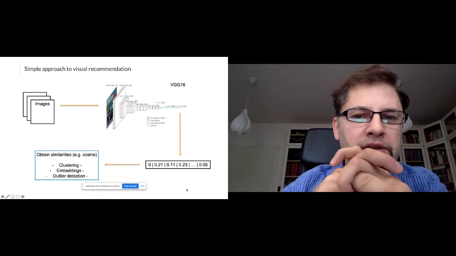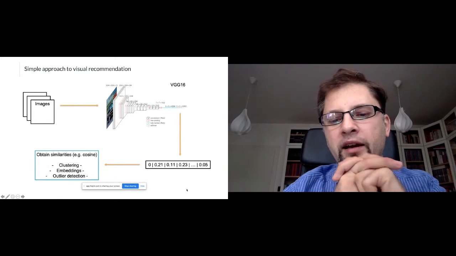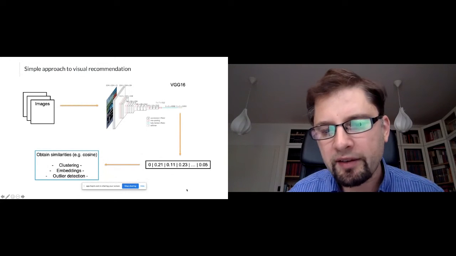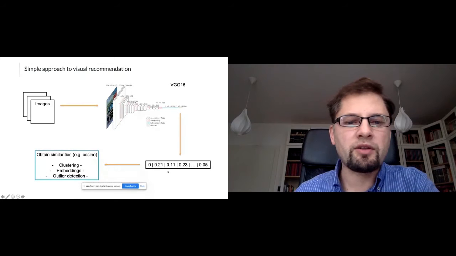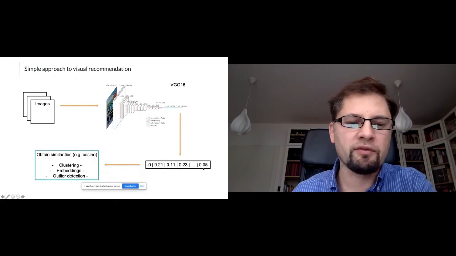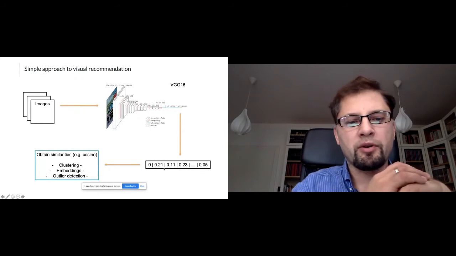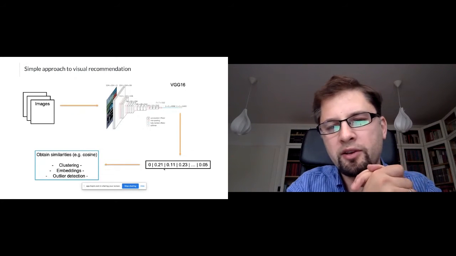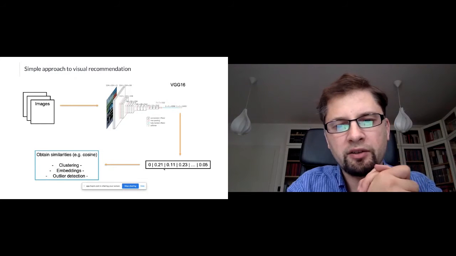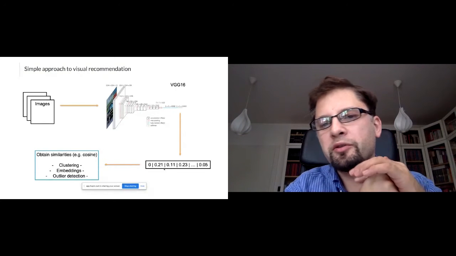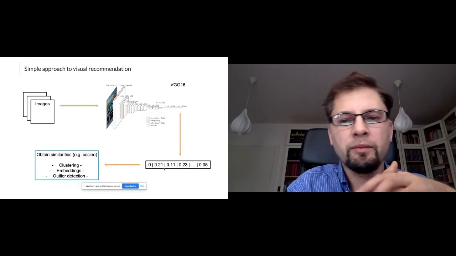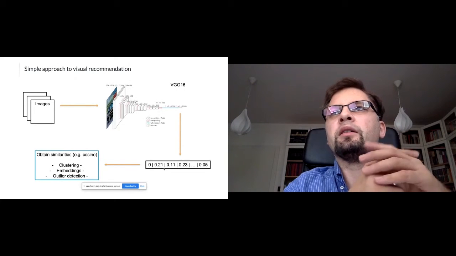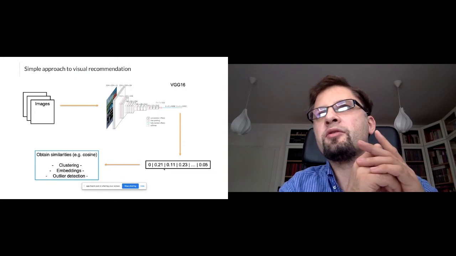representation, like using some neural network to provide an embedding of the data. So essentially the image is then represented by a sequence of numbers, and on this sequence of numbers you can do a lot of different stuff. So you can do clustering, so you obtain a group of similar images. You can do some other embeddings like dimension reduction. So you can get a two-dimensional representation to show to your user.